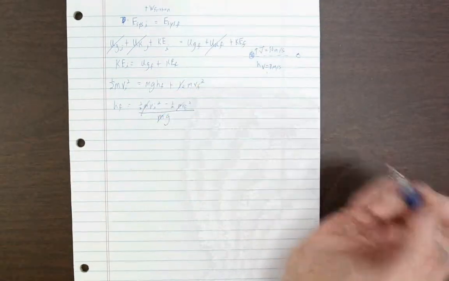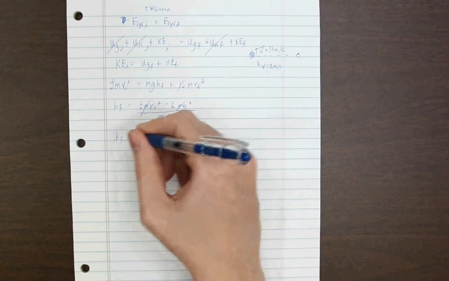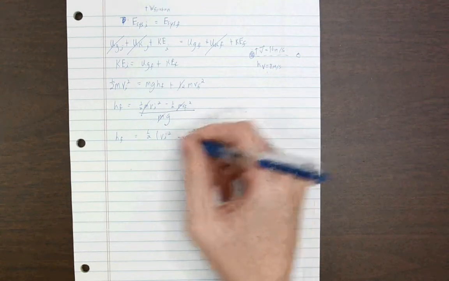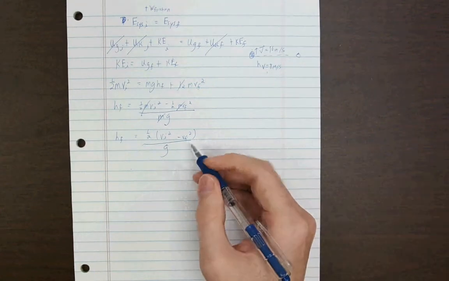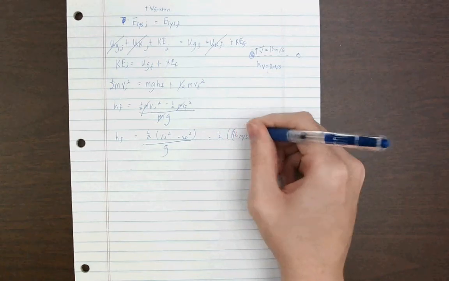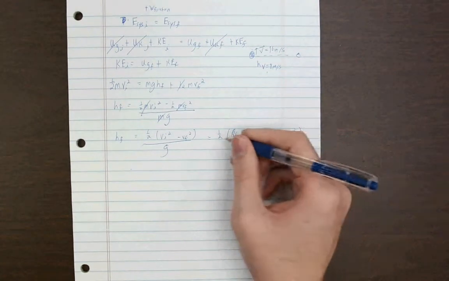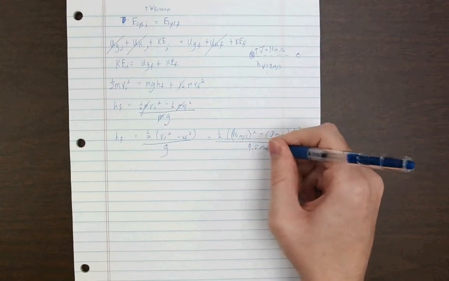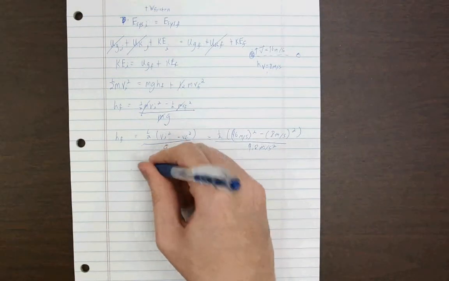And I notice immediately I'm not going to have to worry about the masses. So this equation is simply final height is 1/2 initial velocity squared minus final velocity squared over little g. And if I plug in those numbers, 1/2 times 16 meters per second squared minus 8 meters per second squared over 9.8 meters per second squared. And if I grab a calculator and do this, I get 9.8